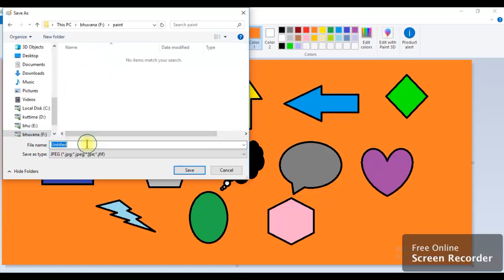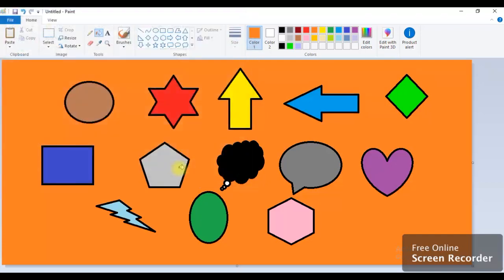So here you can give today's date. Which date are you doing? 17 means 17, or 18 means 18. So you can create that, or whatever name, Paint 1 you can give. Better we will give Paint 1. Paint 1. Then save it. So if you go there, your picture will be there. So like this you have to save all the projects in your folder.